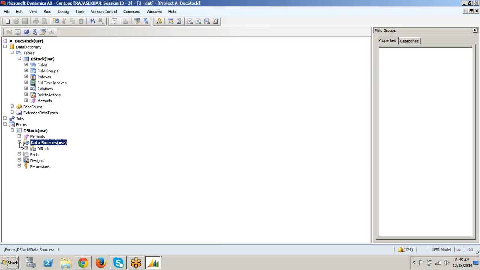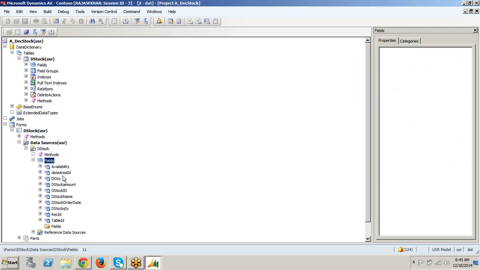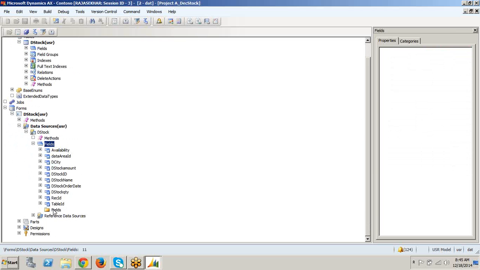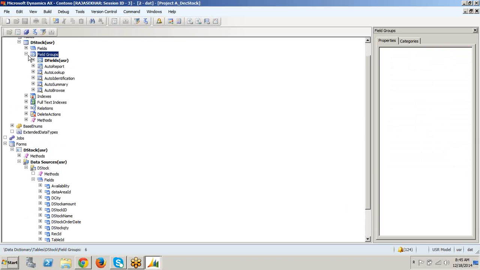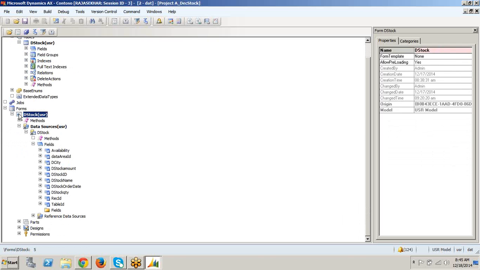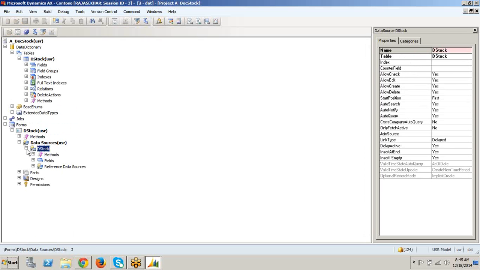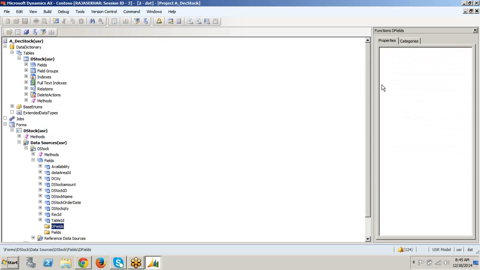Okay, so if you see in the data source fields, only normal fields are there, we don't have the field groups. What is our field group name? It is D fields. D fields is not available here. If you want to drag the items into the general tab, you have to drag it from the data source only, but the D fields group is not available in the data source. So I will synchronize the form, that is, refresh the form. Right click and say restore, so that I'll get the D fields here.